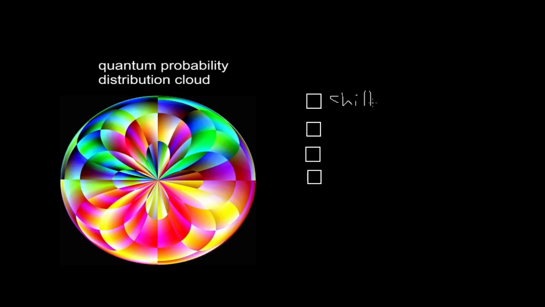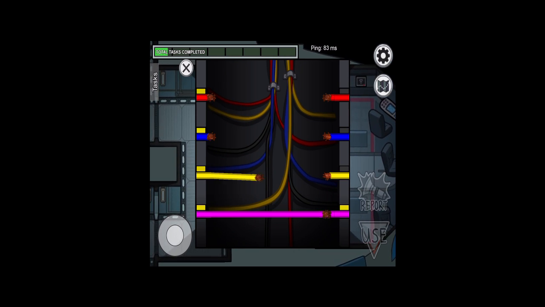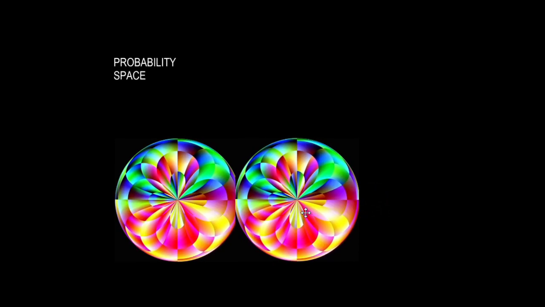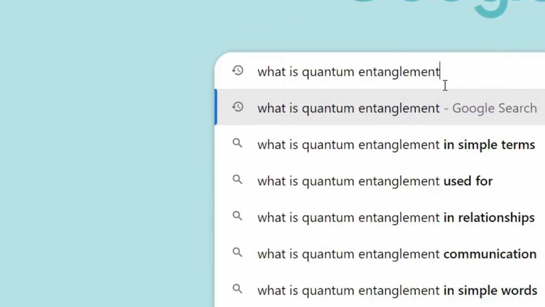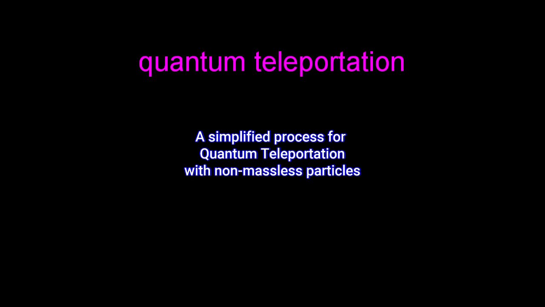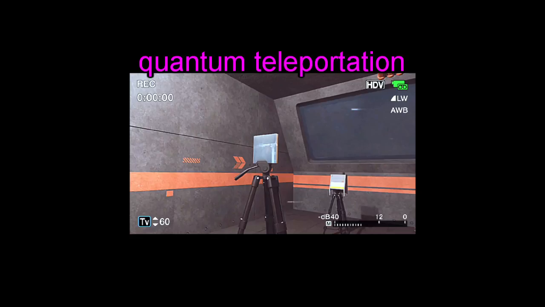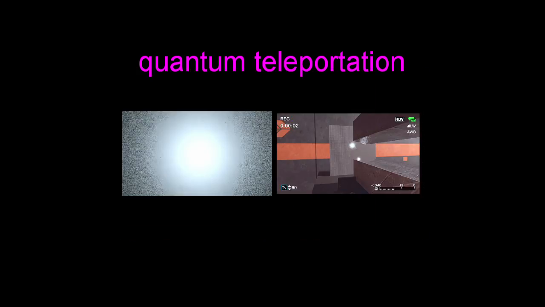Coherence is when a quantum system is chill. You're chillaxing, you're fine, you're not being interfered with, and can complete your unique tasks. These tasks include entanglement, which is when two or more particles are in the same superposition. One particle's wave function has to be described with the others, so they are all sharing the same quantum state. This also means using the states of the particles, you can effectively instantaneously affect each particle, no matter the distance. But we can get to that in a future video.